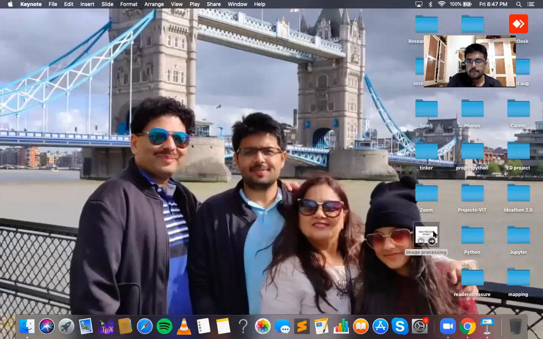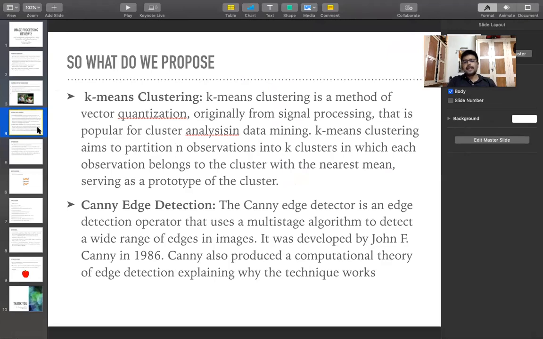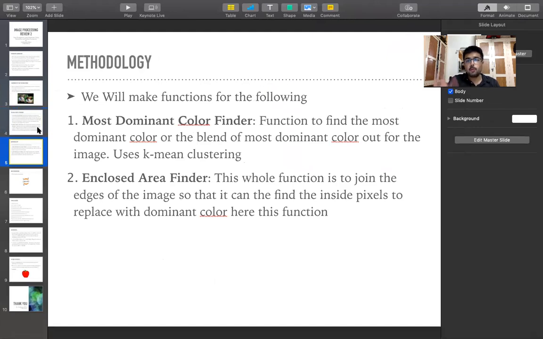Let's go back to the PPT. Yeah, so Canny edge detection is the same. It's just how we find the edges. So we've made two methods: the most dominant color finder and